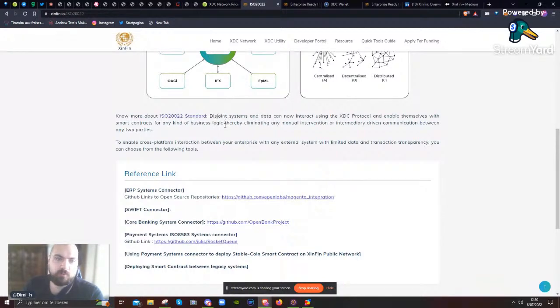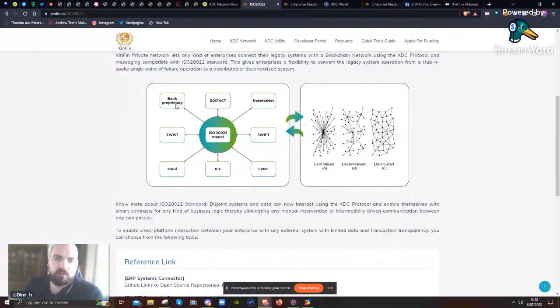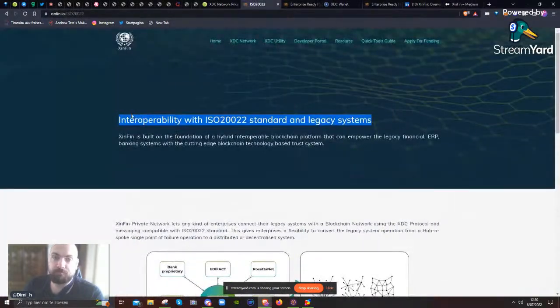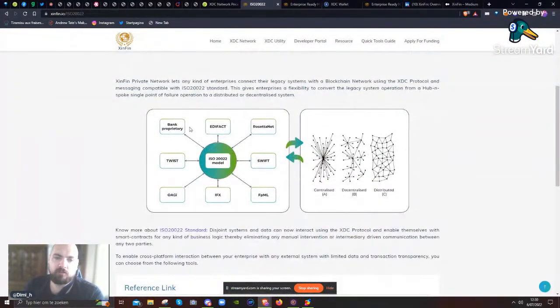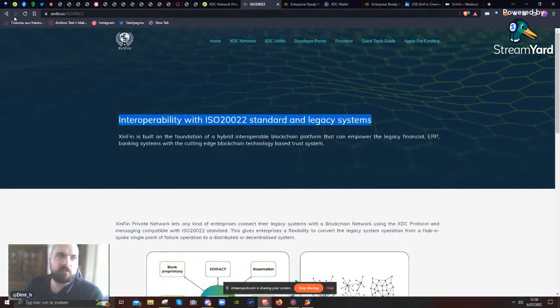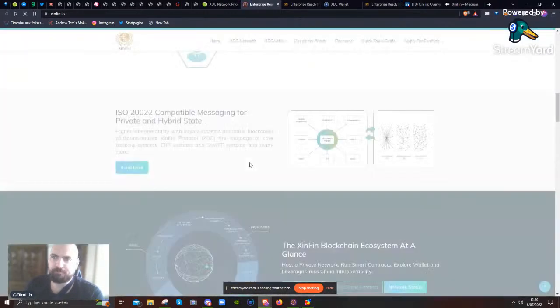Contract using XDC protocol. So basically, it's saying, look, instead of something like this, everything is going to be interconnected this time. But we can operate, well, we can combine this centralized model with something distributed, and we will get something which is decentralized. That's basically what is being said here in very complicated terms. Heading back here.